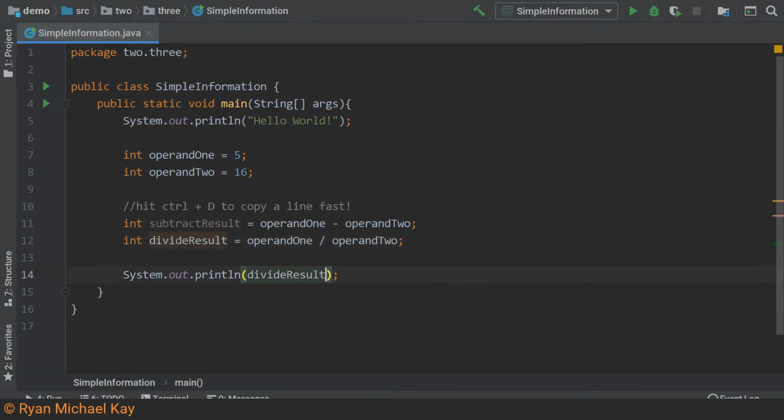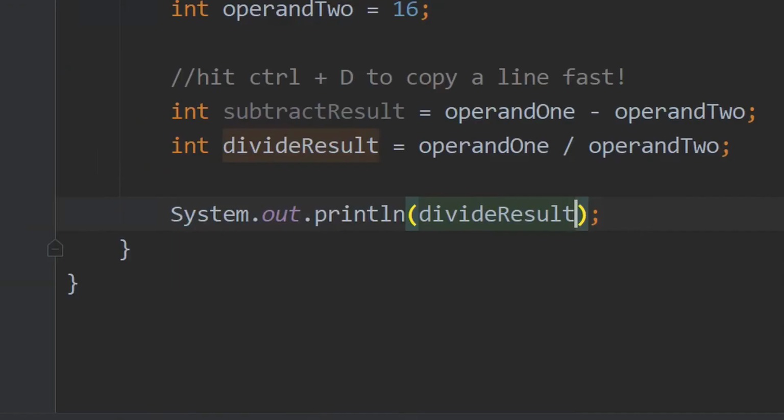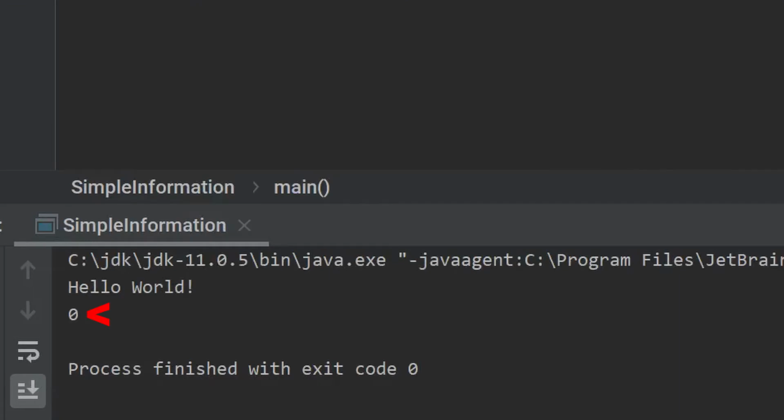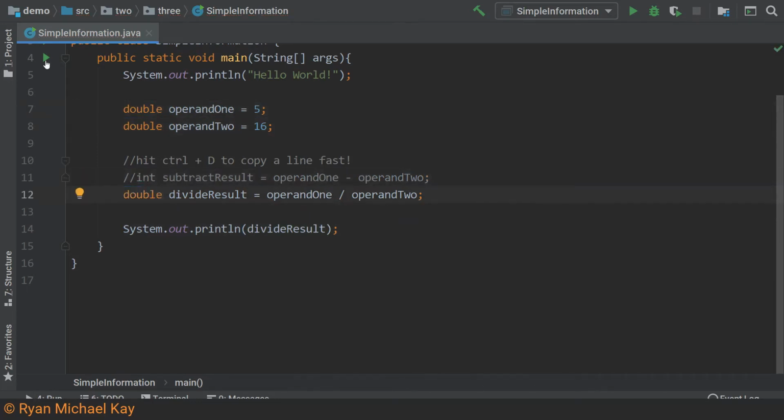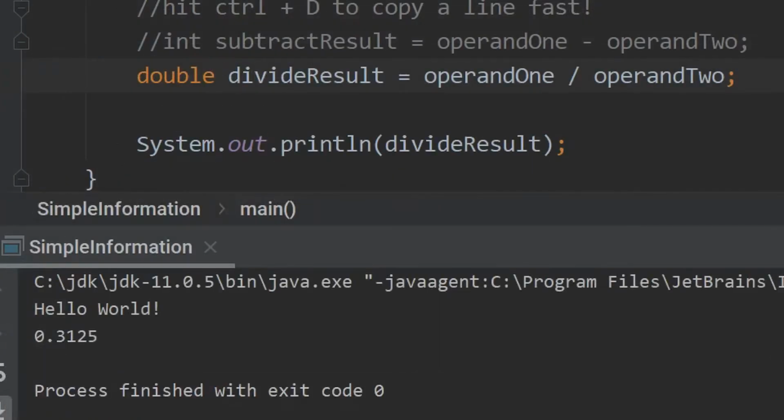Because we are using int-type variables which do not support decimals, our divide result was rounded to the nearest integer. Let's make a few changes so that we are printing an accurate result. Now let's run the example. Much better.